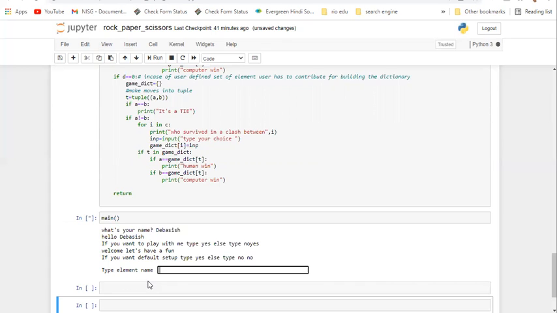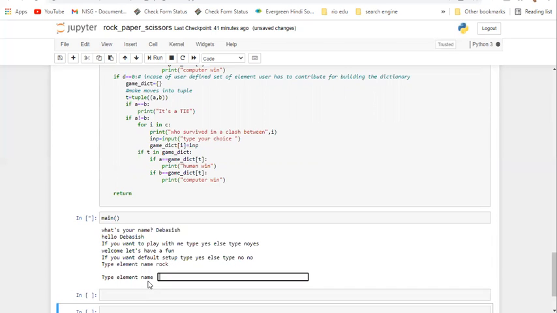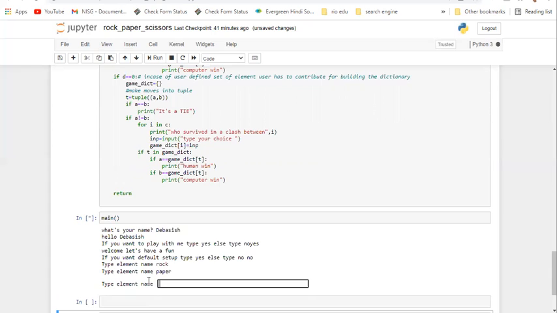Say I'll take from these options only. So I'll type, say, rock, the first one. Then the second element, say paper. You can type any name here. And the third one is